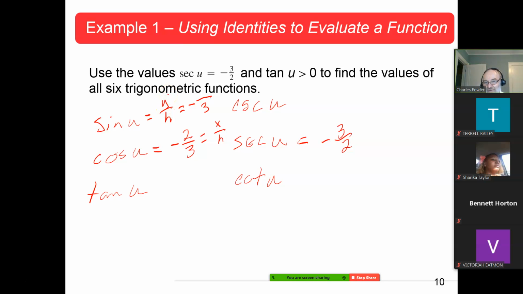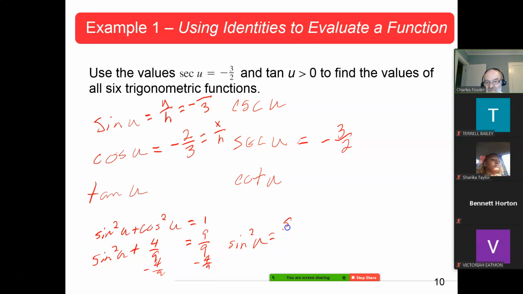So all you have to do now is figure out what the y value is. Well, that's where the Pythagorean identities come into play. And you know this. Sine squared u plus cosine squared u is equal to 1. You already know what cosine is. That's minus 2/3. Square that and you get 4/9. So sine squared u plus 4/9 is equal to, I'm going to call this 9/9. Isn't that what 1 is? Subtract from both sides and you get sine squared u is equal to 9/9 minus 4/9,